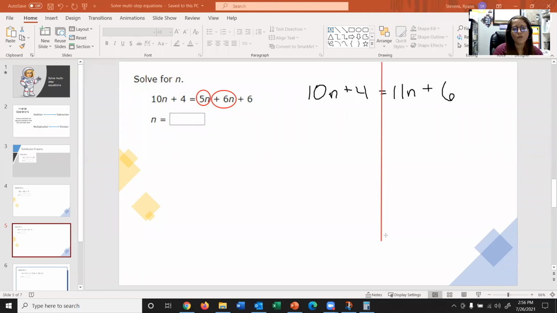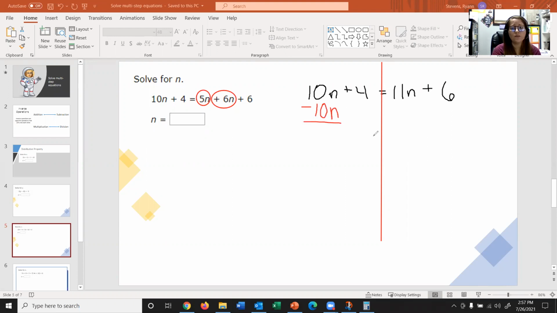And what I want to do is get the variables all on one side of the equal sign, and get the numbers without variables all to the other side. So I'm going to first start by getting the variables to one side. And I can see here I've got an 11n and I've got a 10n. So I'm just going to subtract 10n